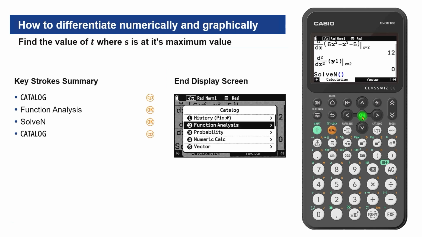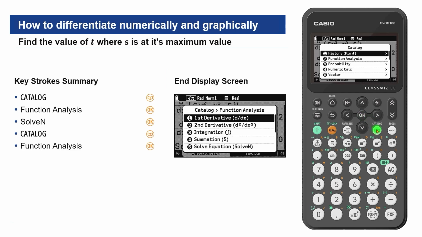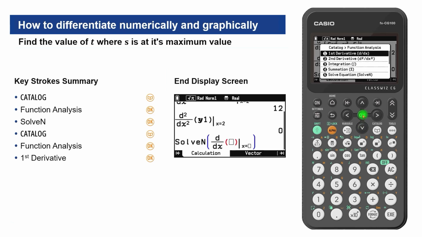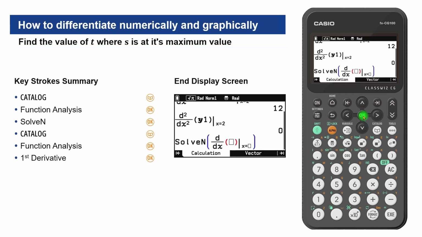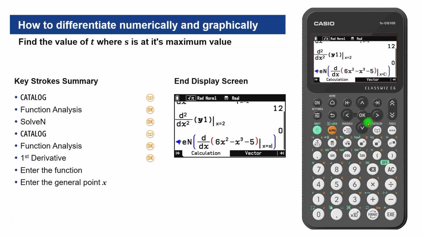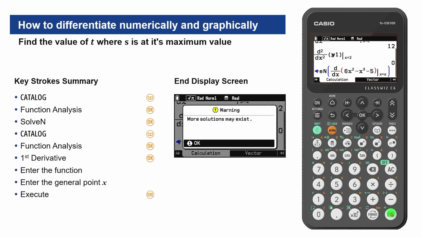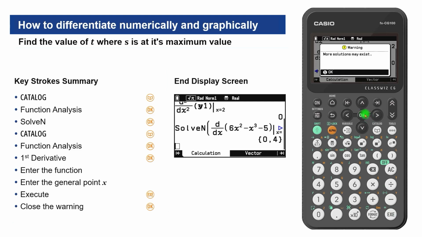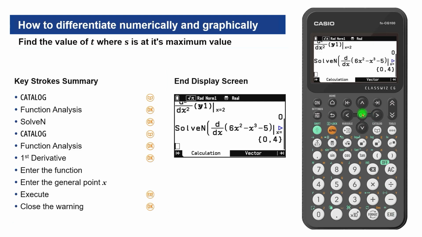Enter the derivative template by pressing Catalog again, then Function Analysis, and First Derivative. Either enter the function directly, or use the graph notation if already stored. As we are trying to find where this derivative equals 0, we need to solve for x, so enter the general point, and execute. Then close the warning to display two values of x, 0 for the minimum and 4